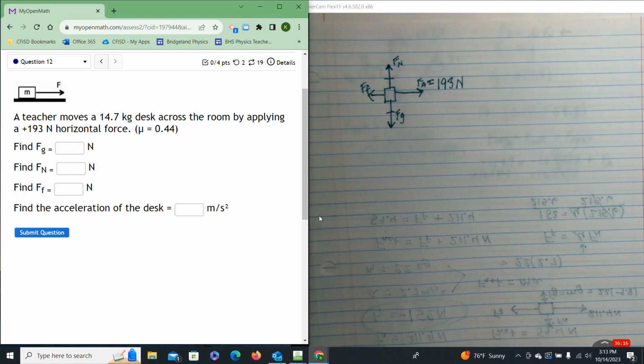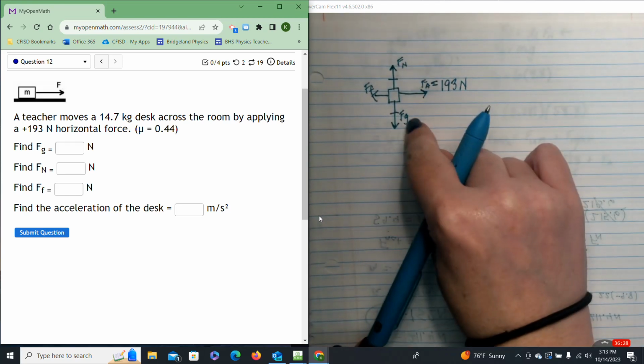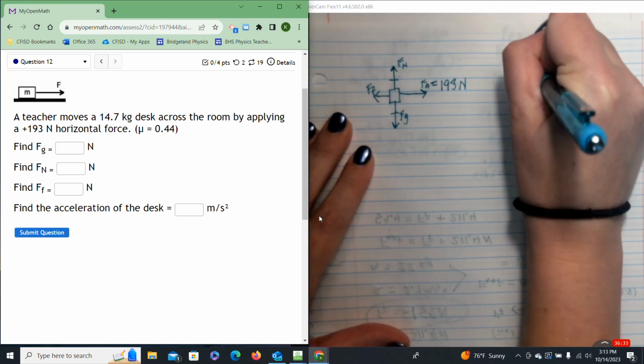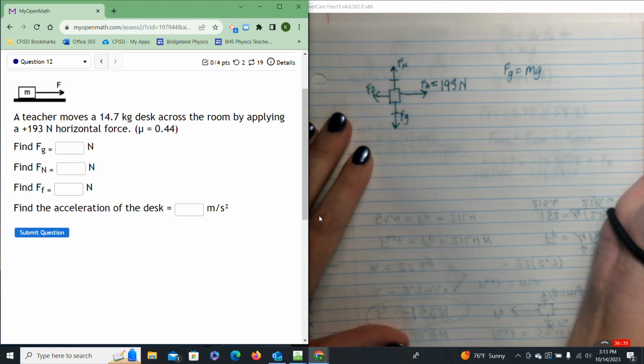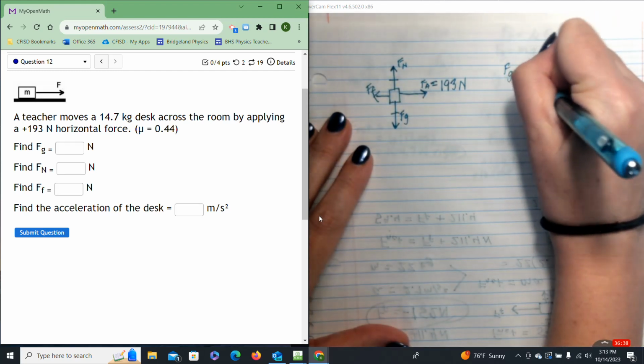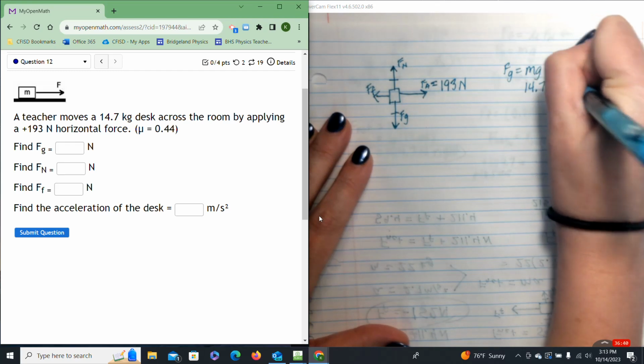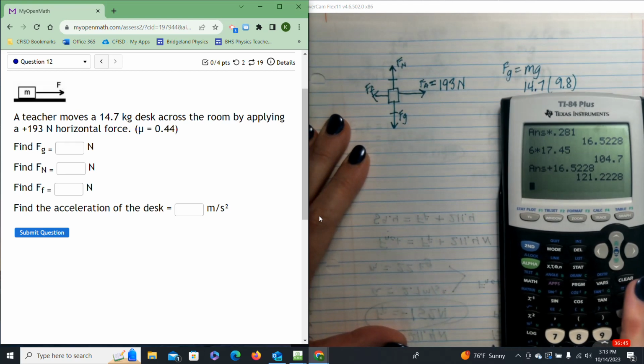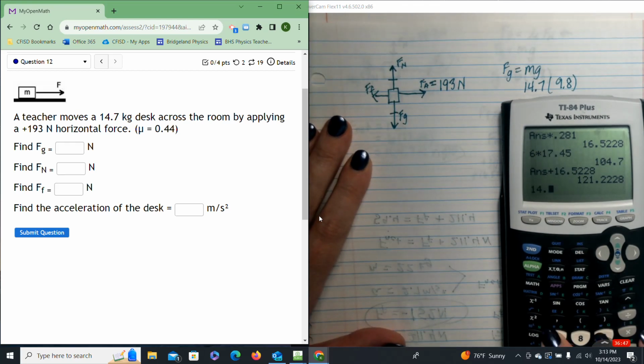And Fg is almost always the easiest one to start with, okay, because I don't have a formula for Fn, and so although I do have a formula for Ff, I'm not going to be able to get there without figuring out this first, and so let's start here. Fg is m times g. My mass in the question is 14.7. Gravity is, of course, 9.8, technically negative 9.8, but I'm really just looking for the magnitude so I can label it on my picture. 14.7 times 9.8 gives me